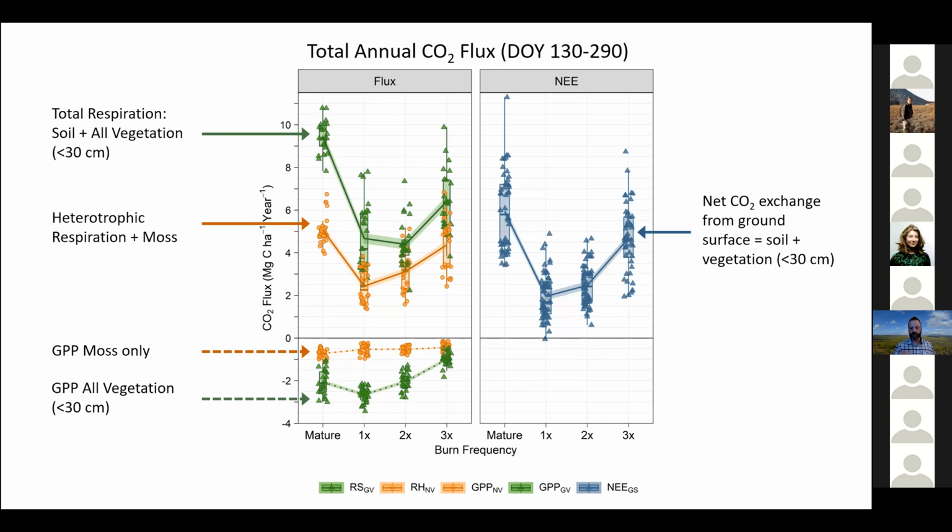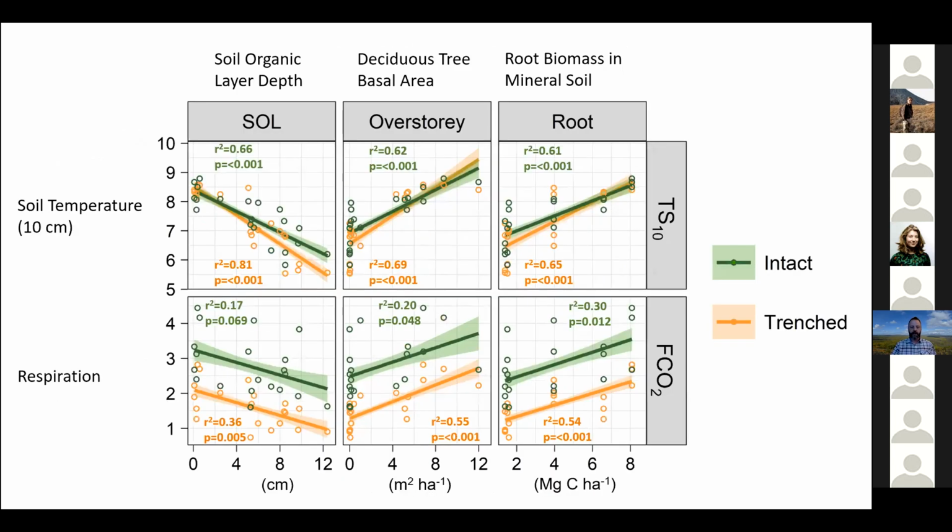The bottom shows differences in GPP, and the panel on the right shows what I'm loosely referring to as net ecosystem exchange, just from 30 centimeters and below. This does not include the overstory. The general point is that there's an increase in respiration from heterotrophic activity, and that is pushing, at least at ground level, the exchange of CO2 from the surface of the earth. Now, our model did a good job of predicting that.